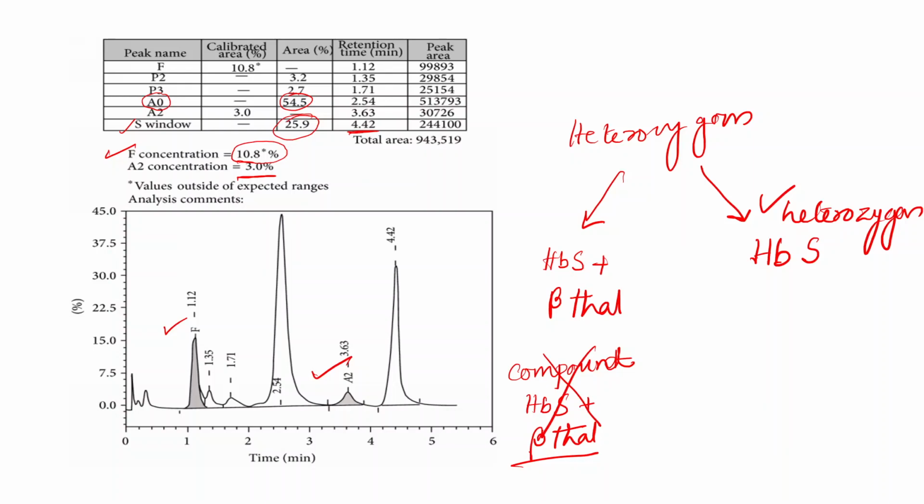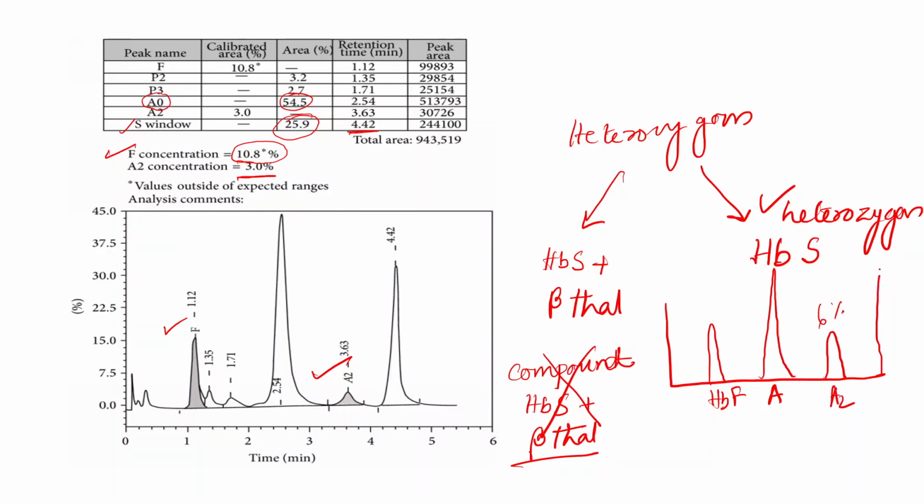But if this curve would look like this, with increased HbF, a significant amount of HbA, around 6% A2, and HbS almost similar, like 26%, this would have suggested the diagnosis of compound heterozygosity of HbS and beta thal. But even then we couldn't call it directly a compound heterozygosity. We should have done